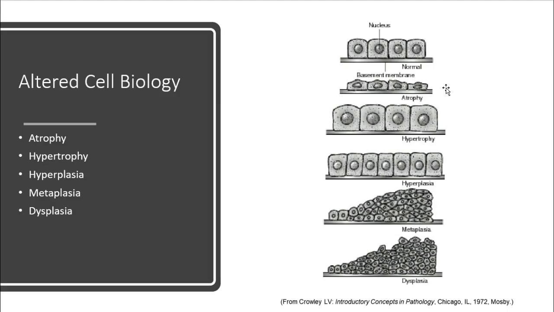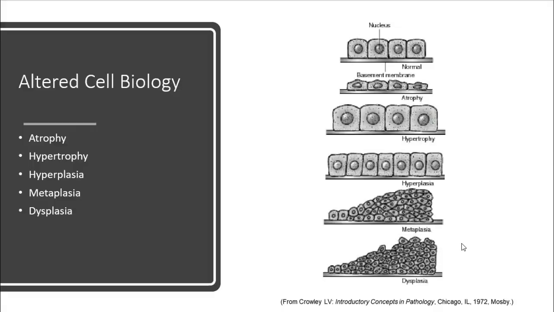If we look at the altered cell biology, as you can see on the top, we have a normal nucleus. And then if we go into atrophy, you can see how it's shrunken down. If we go to hypertrophy, you can see it's bigger. So atrophy smaller, hypertrophy bigger. Hyperplasia means that it's growing at an abnormal rate. It's multiplying. So as you can see here, there's more of them than there are here. And then we go into metaplasia, where it's reproducing at a rapid rate. And then there's dysplasia. Dysplastic cells are reproducing at an abnormally high rate, and they're not of